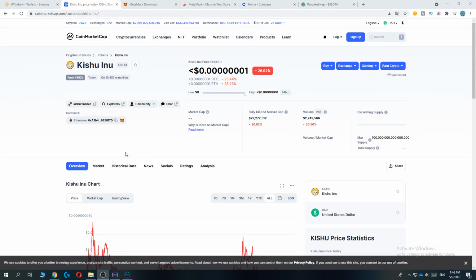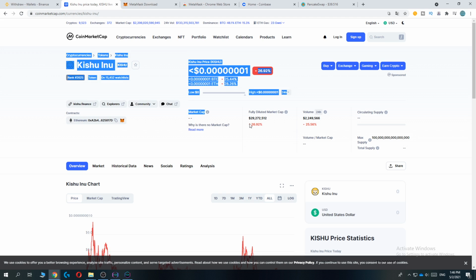Hi guys, in this video I'm going to show you step by step how you can buy Kishu Inu yourself. So this is super easy. The first thing you want to do, go to CoinMarketCap and find Kishu Inu, and here you can find all